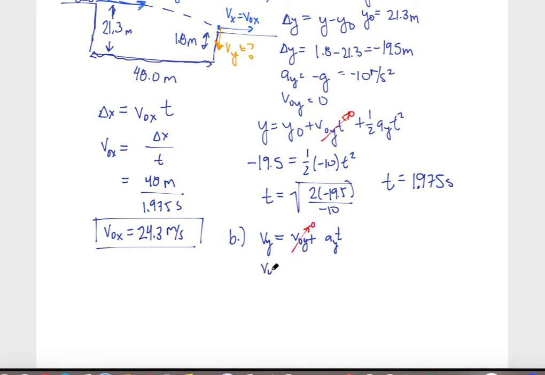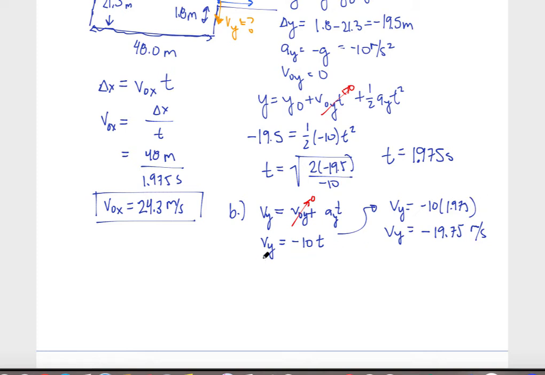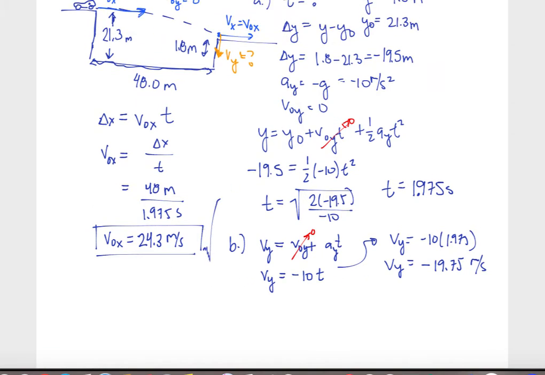So this just becomes Vy equals negative 10 times t. And so with my 1.975 seconds, I know that Vy would be negative 10 times 1.975, which is just negative 19.75, and that's meters per second. And so to find my actual velocity, or rather my speed before I hit, then I'm going to need to